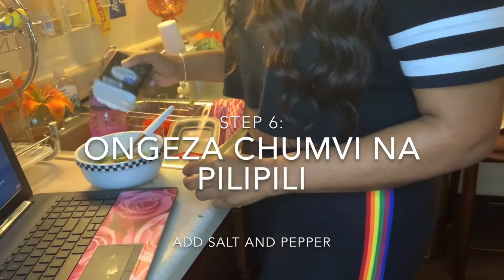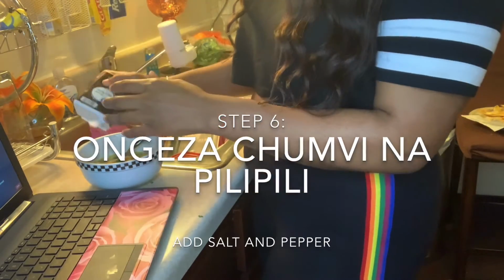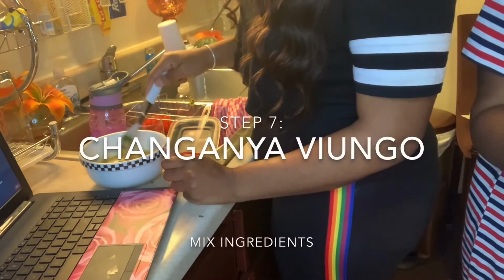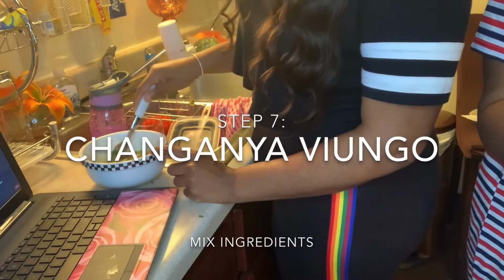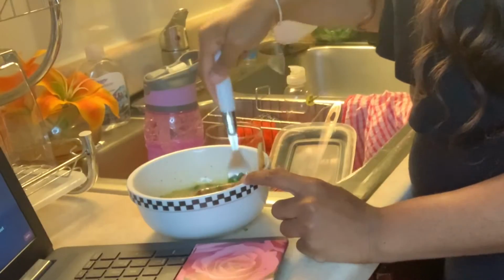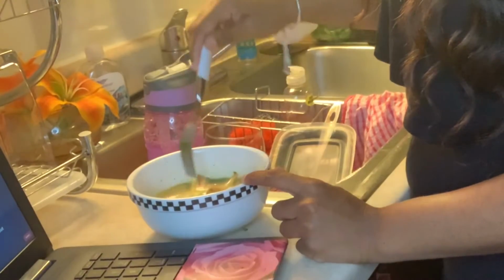Now add a little salt and pepper for seasoning. Mix all of the ingredients together in the bowl. Mix the black pepper and